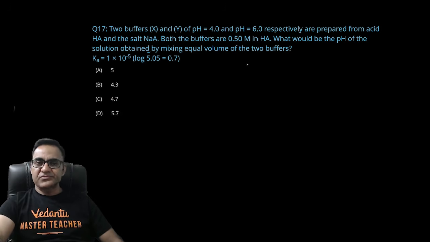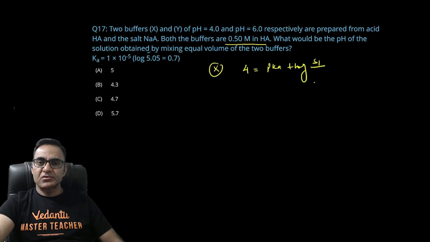Two buffers X and Y having pH 4 and 6 respectively are prepared from acid HA and salt Na. दोनों बफर में एसिड का कॉन्सेंट्रेशन सेम है, 0.5। What would be the pH of the solution obtained by mixing equal volumes of the two buffers? Okay, तो बफर X के लिए pH 4 है,